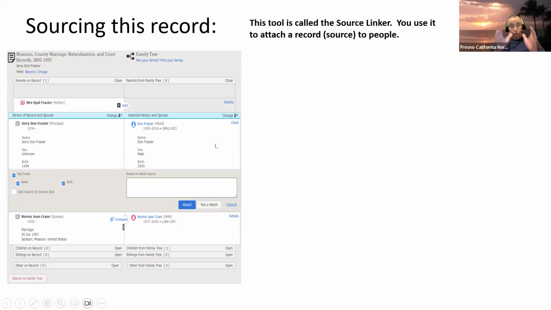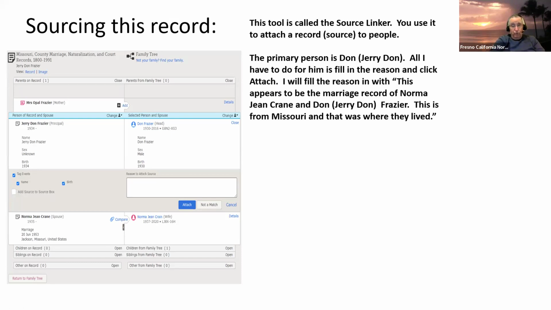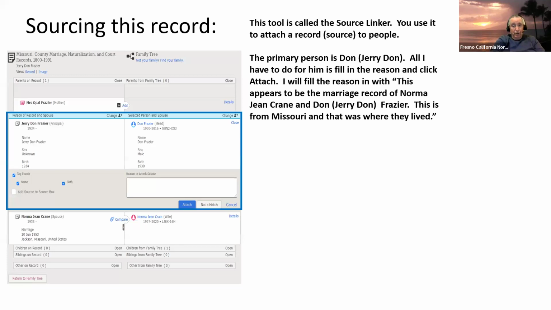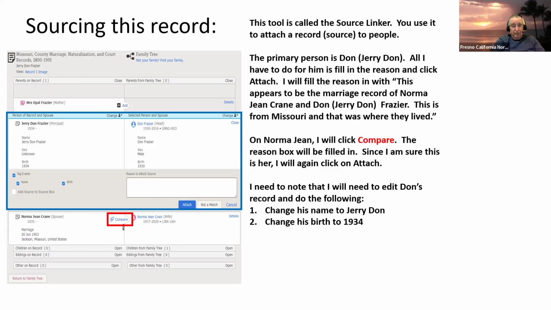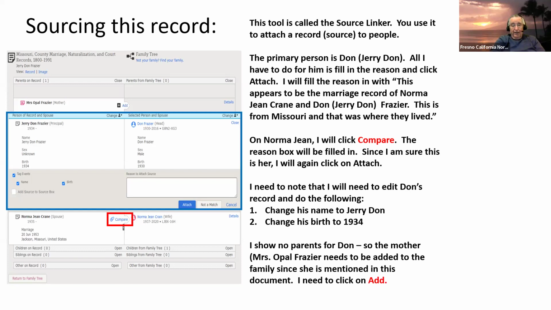With the new SourceLinker, we could do it right here. Anyway, we go ahead and source Jerry Don, and we source Norma Jean by doing compare. And since we had no parents for Jerry Don, we're actually going to be doing an add for Opal.